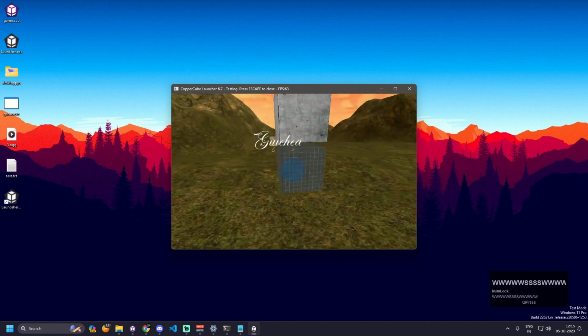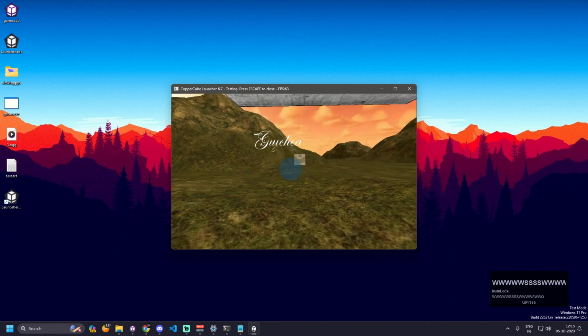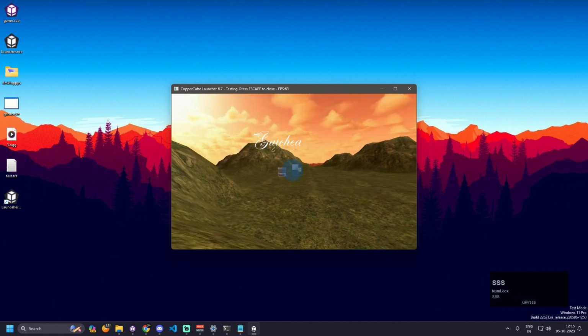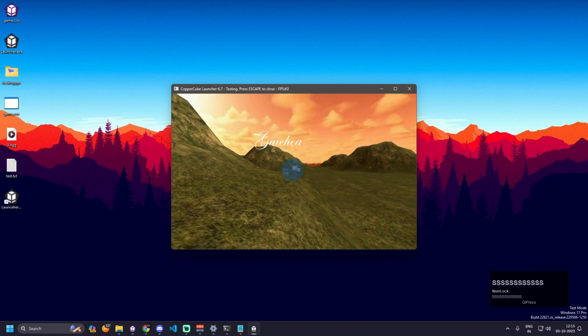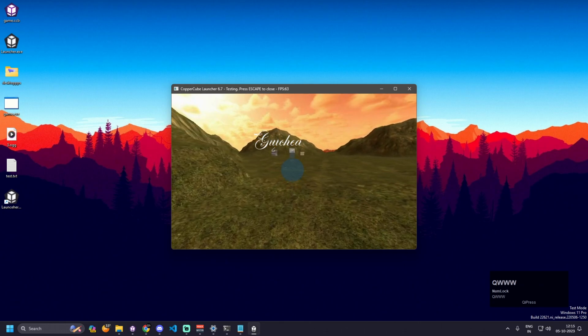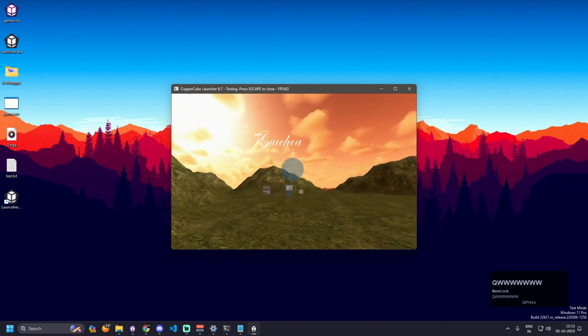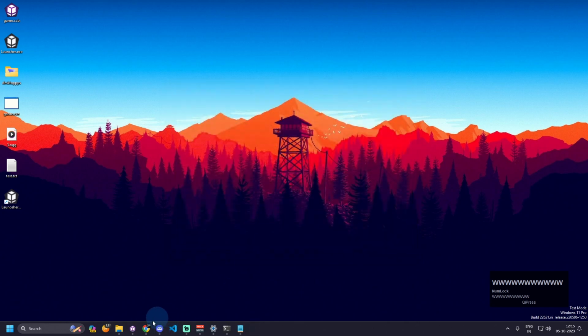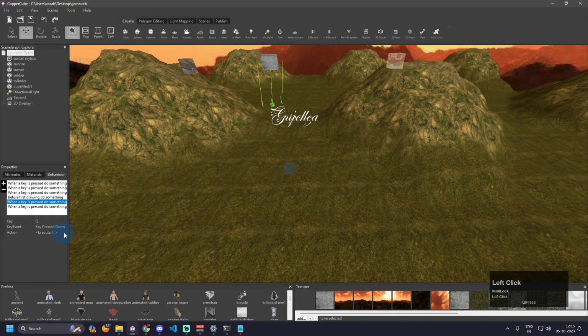So you can see now it is playing the sound at the correct position, the position of the cube. The sound is playing now at the position of the cube, and the sound is in 3D. So that's how we can play